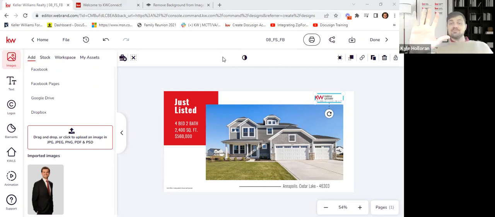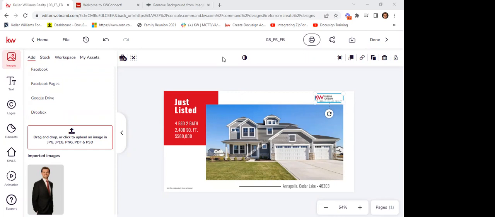There are some graphics people like to have a black background. And so when you download the file from KW Connect, it's got every color scheme, all white, all red, all black. And that way you can use them and drop them on whatever color scheme that you're creating. So yeah, one time, go get your logos, upload them here into My Assets. You never have to do that again. And all the logos will be there forever and ever for you to use whatever one makes sense. Okay, thank you. Yes, ma'am. Good question.